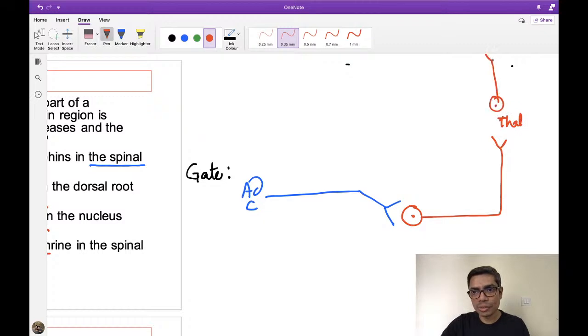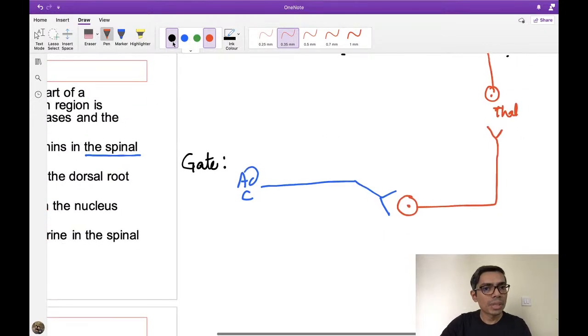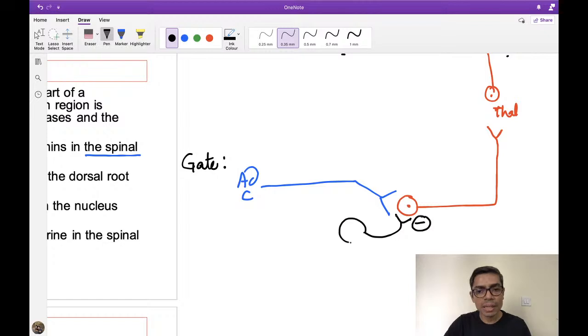From the thalamus it is going to the level of the cortex, right? There is no big deal here. This is the pain pathway. Now all of you know that gate control theory means this second order neuron is inhibited by one interneuron here. This is known as the G neuron. G stands for gelatinosa neuron, substantia gelatinosa neuron, and this G neuron in turn is stimulated by